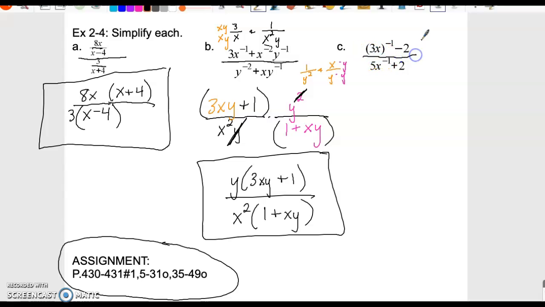So how is that different than this last one? And again, it might be worthwhile to rewrite it. Because of the parentheses, it's actually 1 over 3x minus 2, maybe over 1. And this one doesn't have a parenthesis, so it is 5 over x plus 2, 2 over 1. So how can we do this? Again, I'm going to do the keep, switch, flip at the same time as getting the same denominator. So the like denominator would be 3x. I'd have to multiply this by 3x. So I have to multiply the top by 3x. So that becomes 1 minus 6x